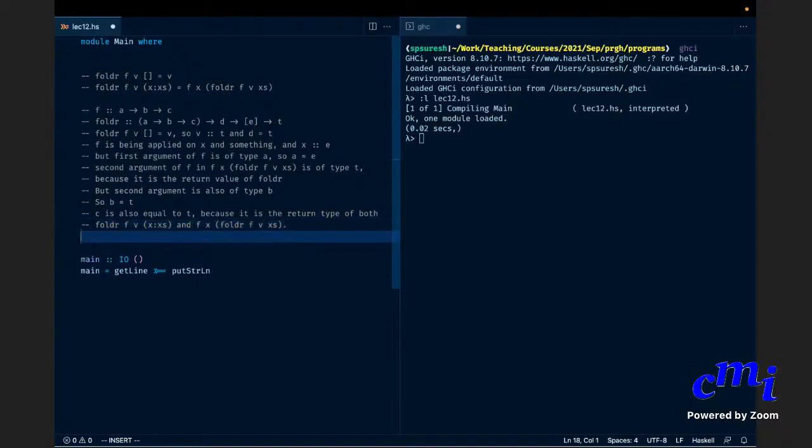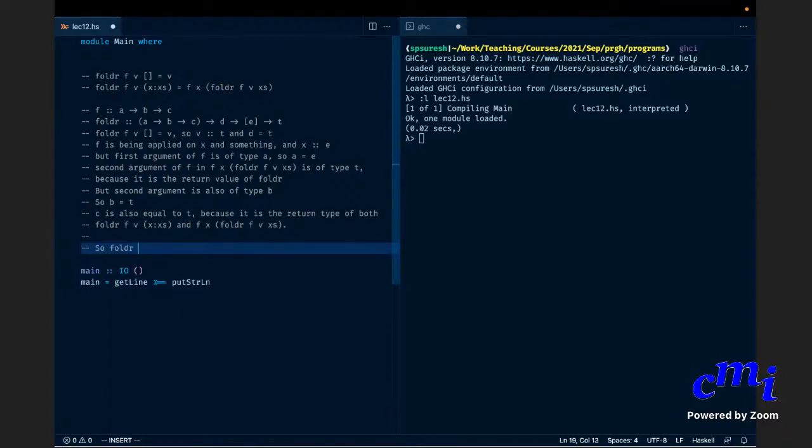So the type of foldr is therefore, instead of writing C, what will I write? C is equal to T, but B is also equal to T, so C is equal to B. Let me first summarize the equalities.